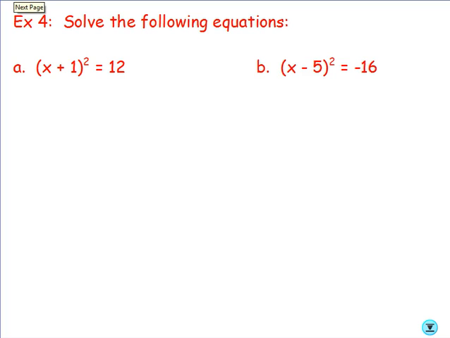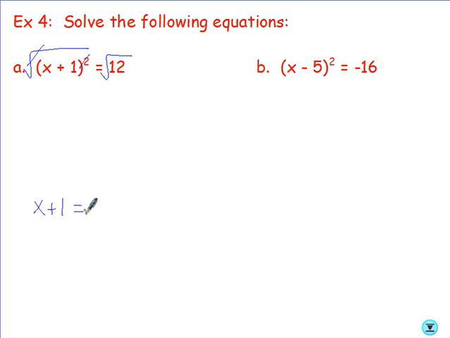So a little different, we have parentheses now. Okay, when you look at the parentheses, they're okay. This is the piece that we're trying to get rid of, the square. So I'm going to square root both sides, just like the previous problems. The 1 can't go anywhere. The 1 is inside the parentheses, so don't move him, at least not yet. The square and the square root cancel. At the same time, the parentheses will go away, and we're left with x plus 1 equals